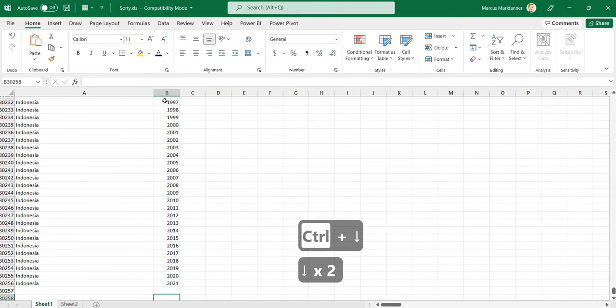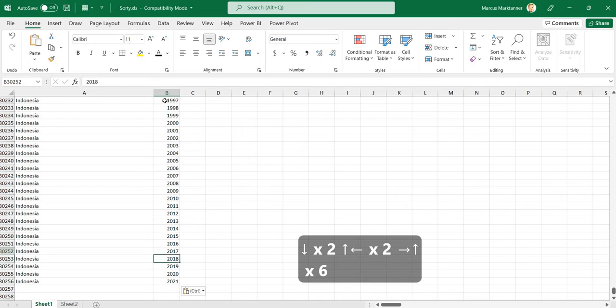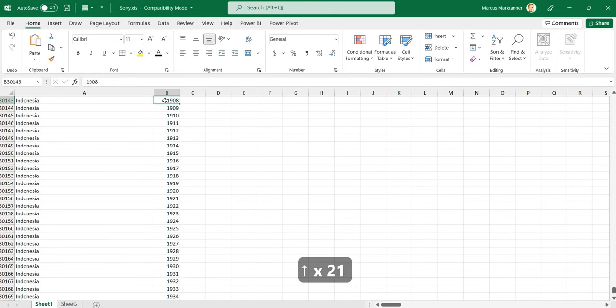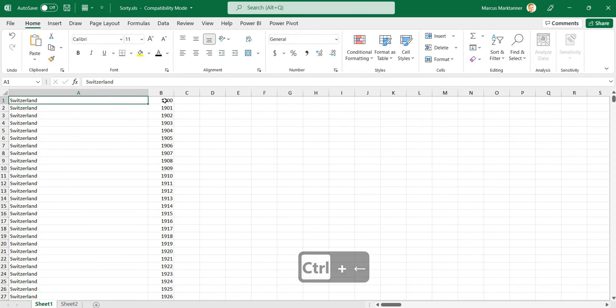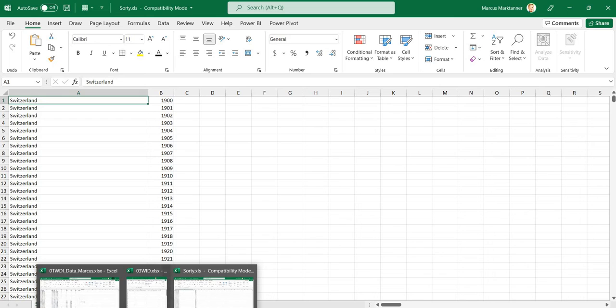And now you see that we have next to Indonesia always the correct year. And so now we are already a step further. We have already the basic frame for our stacked time series. But now I need to go back and do the final step, which is we have to